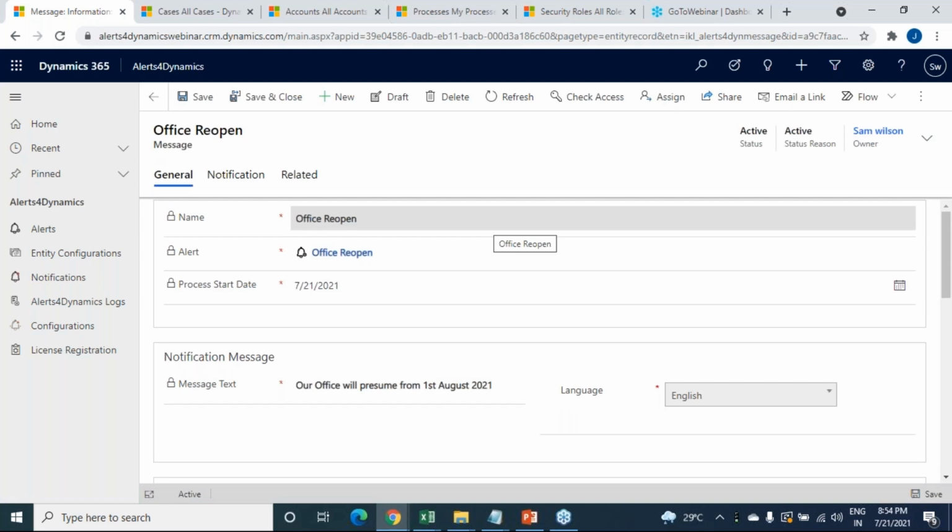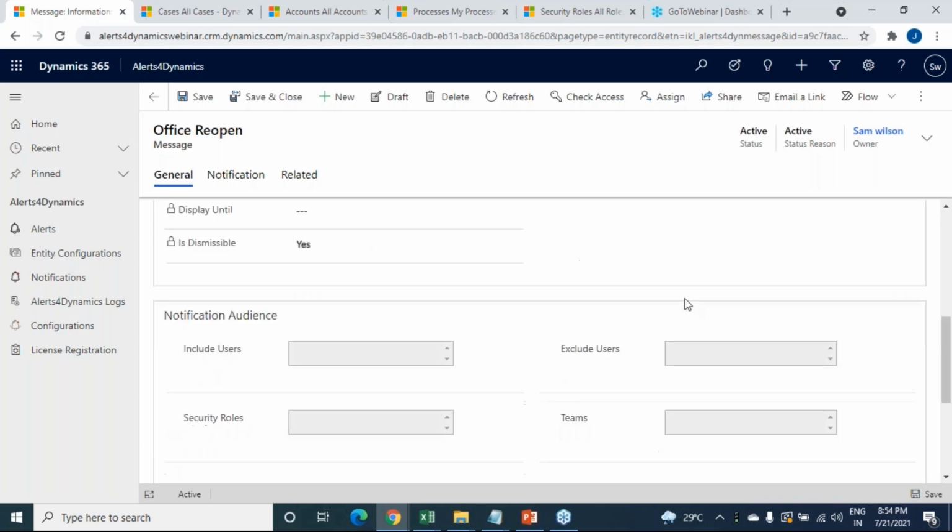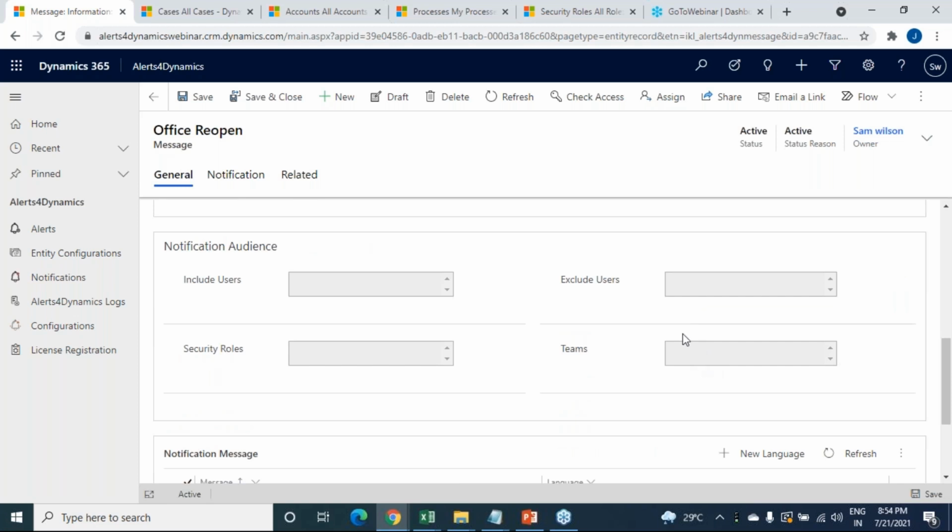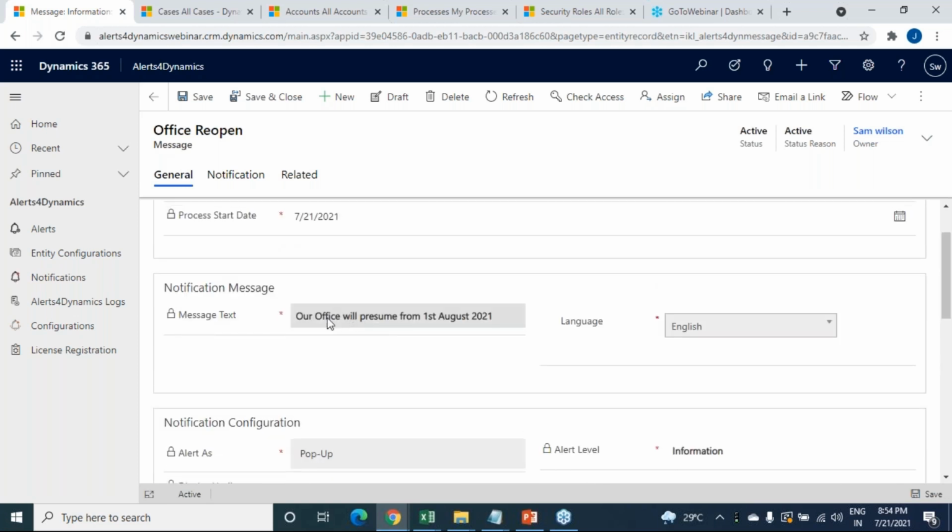Similarly, you could also consider a use case like the sales director or the sales VP wants to conduct an annual sales meeting with all of his salespeople or the sales team. With the help of a global information based alert, that could be achieved, where he wants to send information only to the sales team. He can define the target audience here as the sales team and create a message like annual meeting will be held on so and so date. So this global information will be sent only to the sales team, and they will get notified about this alert.